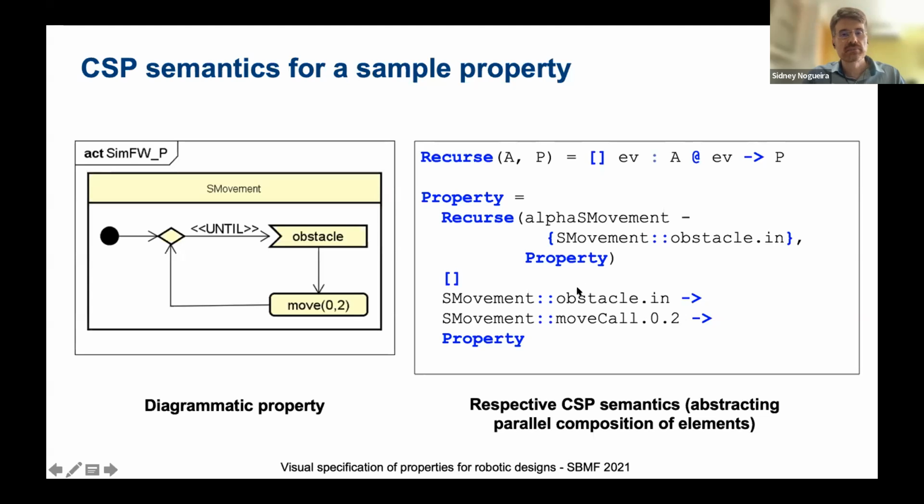So the idea is that this is more abstract than the machine. The machine must be a subset of this, so the machine cannot exhibit behaviors that are not described in this abstract property. CSP has this characteristic: we use the same notation for properties and for describing the system.